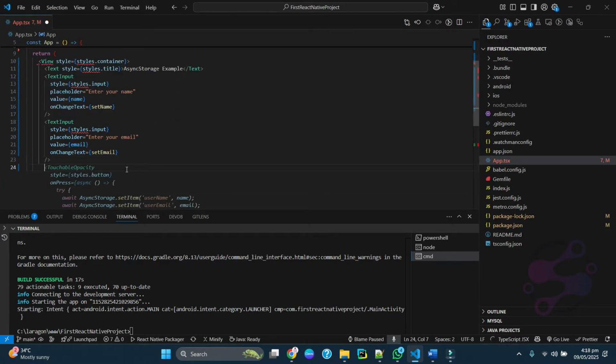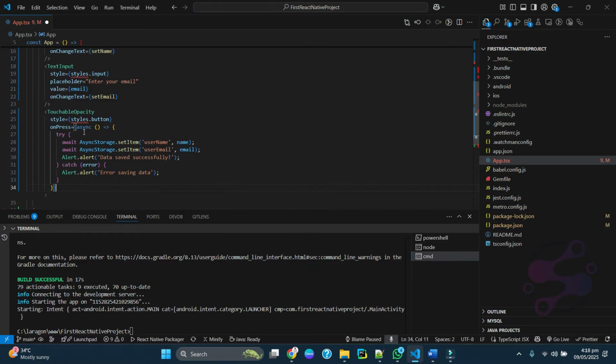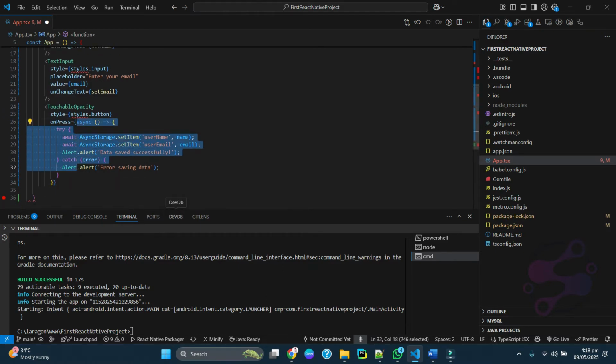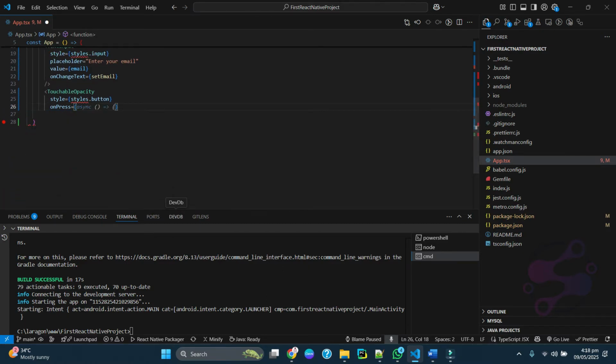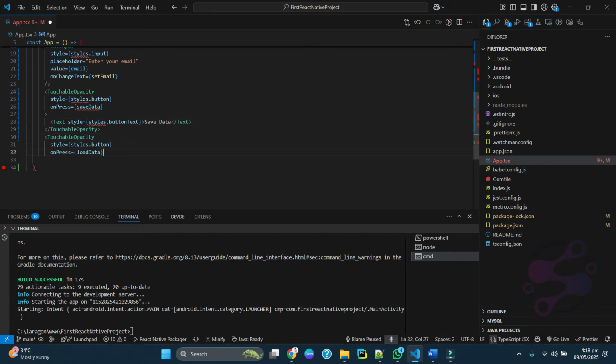Now you have to create the buttons. So these are the buttons, but now I'm not going to add the handler like this. Whenever someone presses this one, I'm saying save data, and this is the data, close, and now I should say that this is the load.